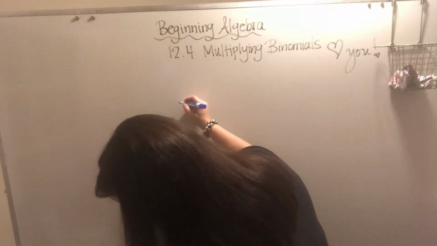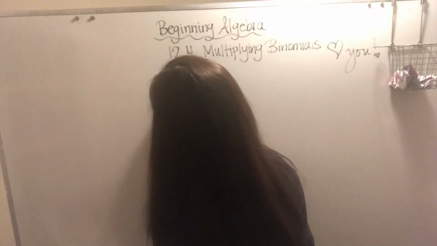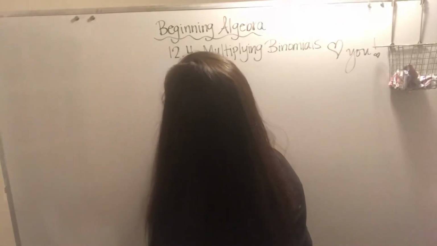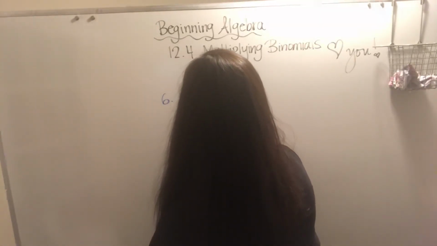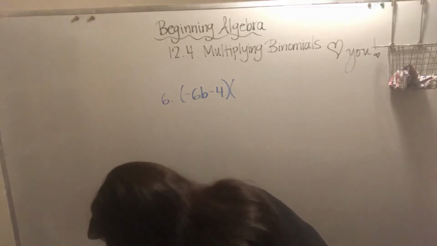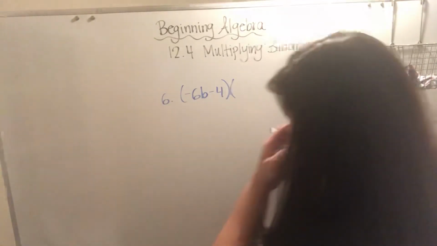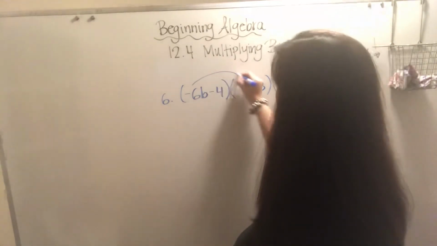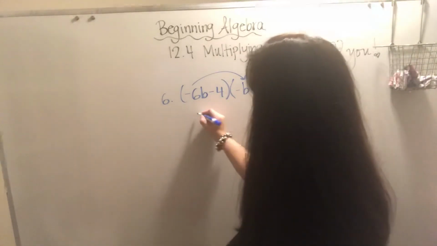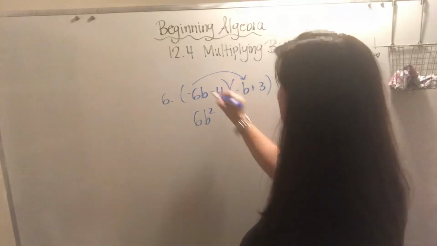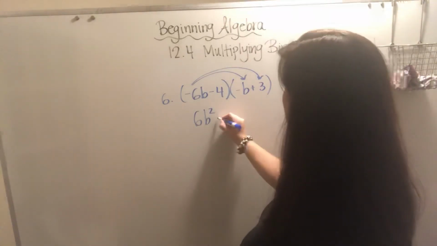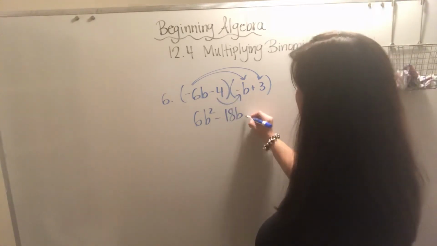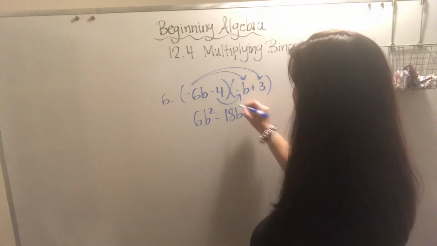Let me do 6, just because it has more negatives, kind of mixes it up a little bit. 6, I've got negative 6b minus 4. Mix up your signs, see how that goes. And negative b plus 3. And this time I'm going to FOIL. So first, negative times negative, so I get 6b squared. Outside, minus 18b. Inside, plus 4b. Last,